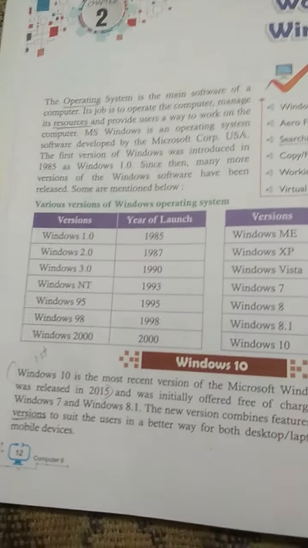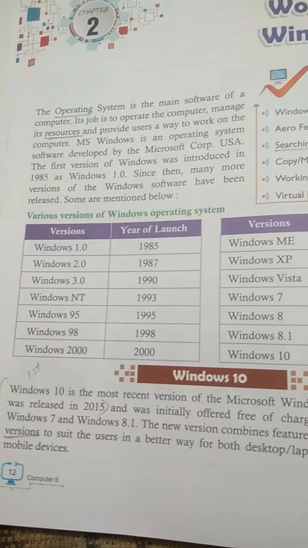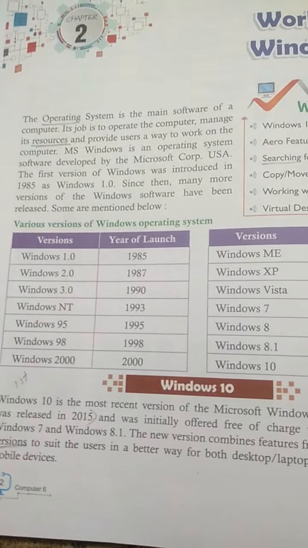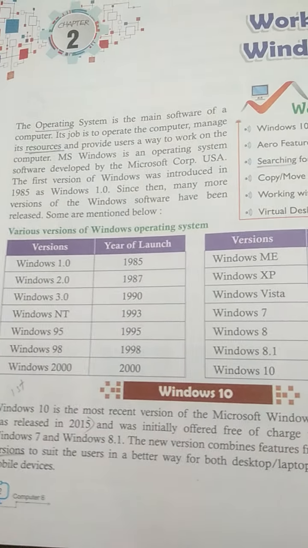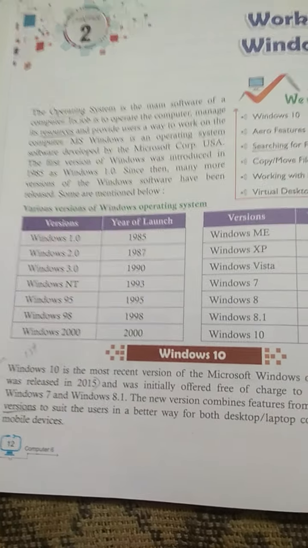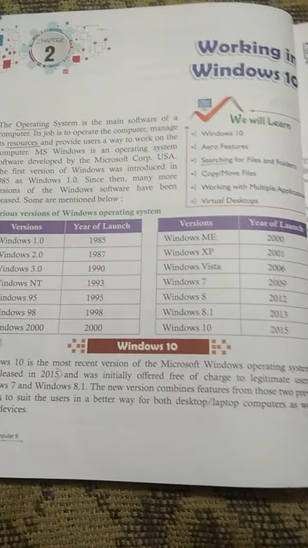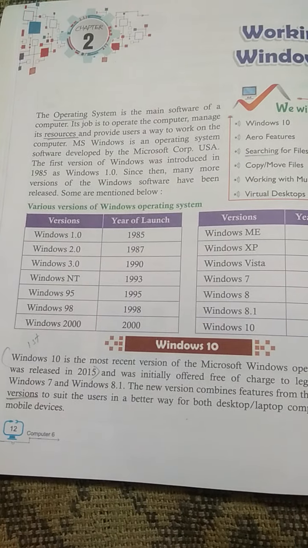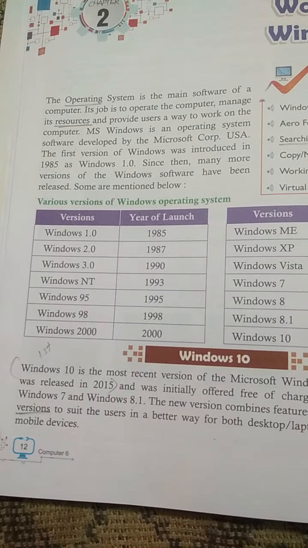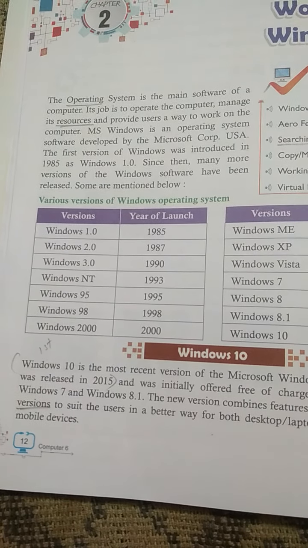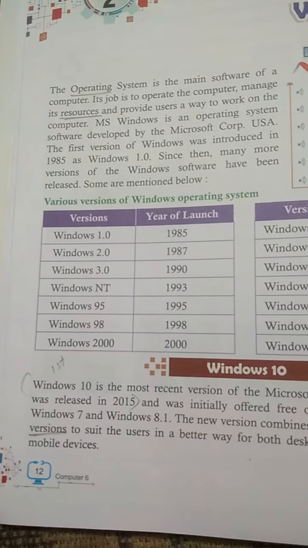Windows is an operating system which organizes our computer. It is responsible for making sure all the resources work properly in computer systems. Windows is developed by the Microsoft Corporation of USA, and the first version was released in 1985. Its name was Windows 1. Over time, new features were added, and so lots of new Windows versions are listed here.